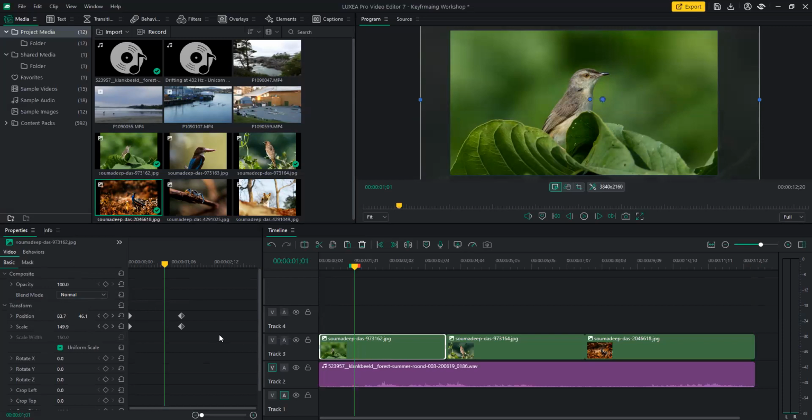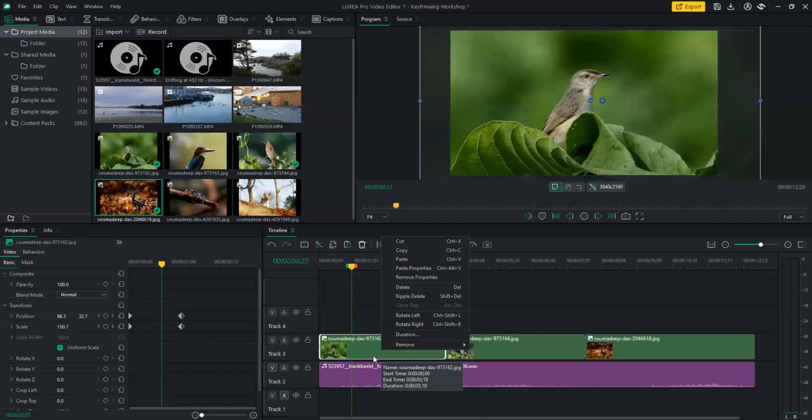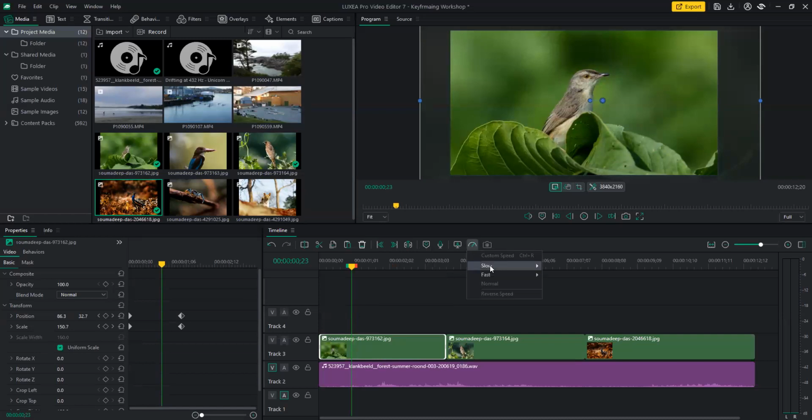But I'm guessing that because it's photos, it's not showing me that particular option. What if I right click? Clip speed. Yeah, maybe there's a limitation on JPEGs to create that sort of speed choice, because in video clips it definitely works. So I'll take a look at that, Antoine, and get back to you, because it should be able to work no matter if it's